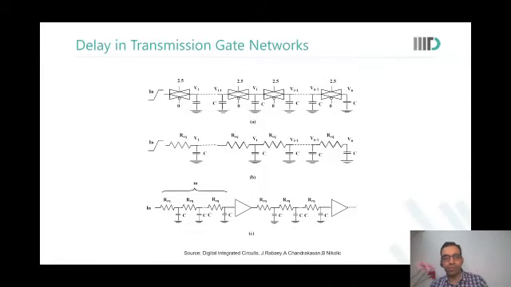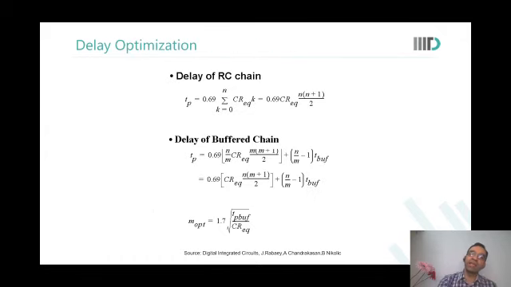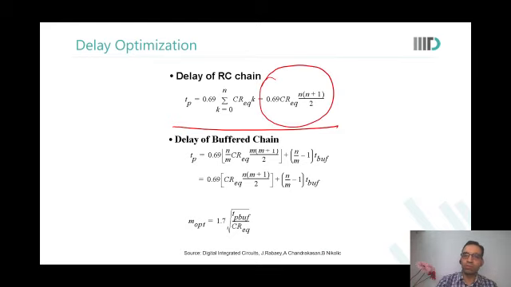So if you have this kind of a transmission gate chain, then you can actually calculate the delay. If there is no buffer, then this will be the delay, because the total resistance will be n times the sum of all those resistances. But if you put in a buffer, then you will come to some optimal number. There is some delay of the buffer and then limited delay of the chain. So you arrive at an M optimal, the total number of stages after which you should put a buffer.